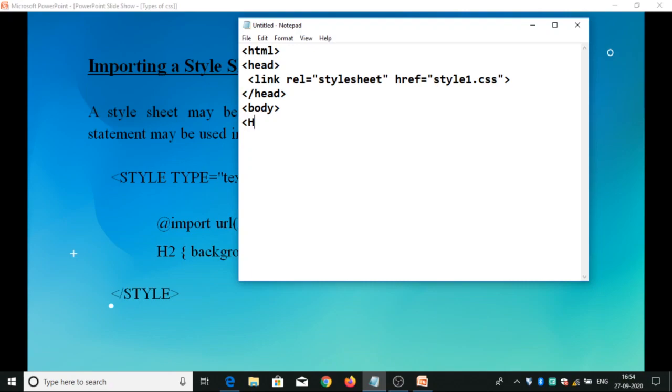Here I am using h1 with the content Third Beacon, and h2 with the content Web Technology, and a paragraph, CR College for Women.